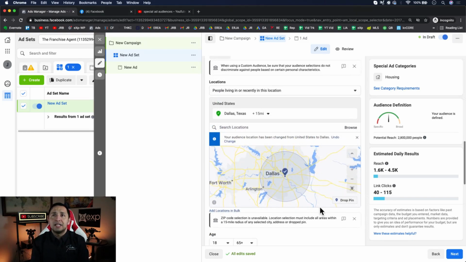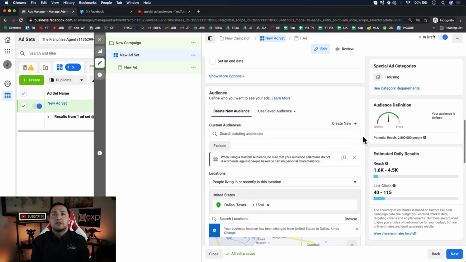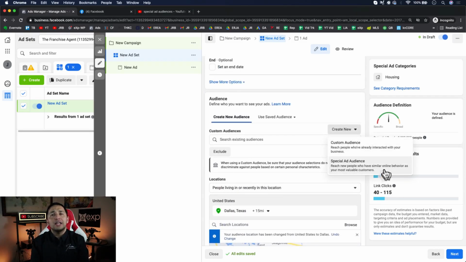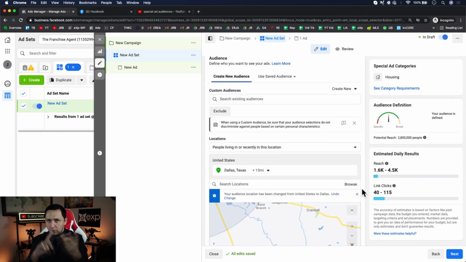And then hence, I did introduce to you the special ad audience, which is important, but I want you to understand the differences between the two because they're not the same. One kind of operates within the other's ecosystem, but at the end of the day, if you've been running credit, employment, housing, or election ads, if you think that they're ineffective, then I have something to tell you. That is not the case. You're still able to generate leads, you're still able to sell products, you're still able to advertise. It's just going to look a little bit different now.